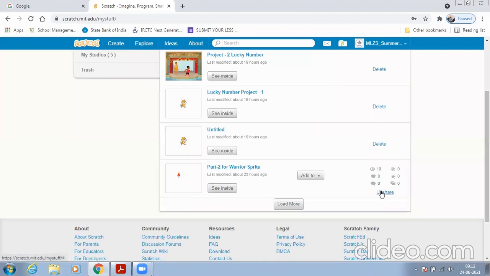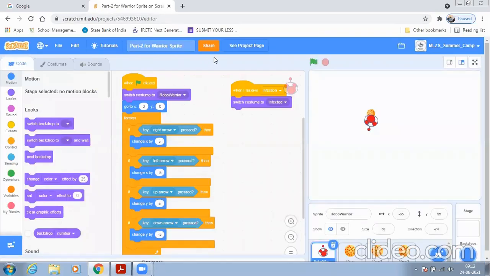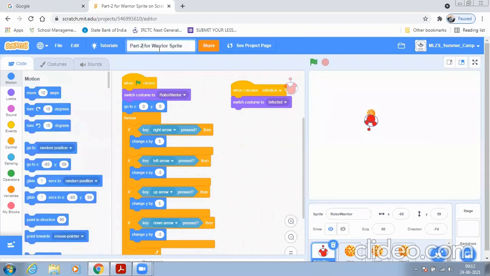You can just see it. Wait, keep patience, Scratch is loading. So here, first I will give the title, part 3 project, and I will share this project.